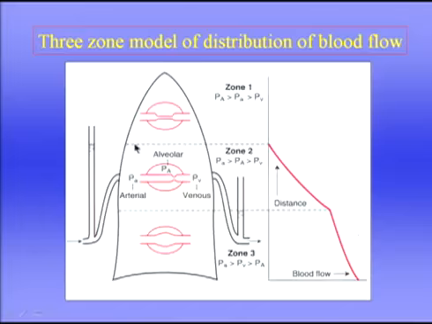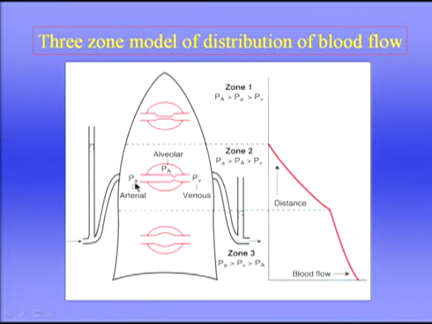Where would zone 1 be in a patient who's lying on the operating table in the supine position? Well, it's going to be at the top of the lung, the anterior part of the lung, because what we're talking about here are gravitational factors. Okay. Now, as we come down the lung, the pulmonary artery pressure increases because of the hydrostatic effect, and we